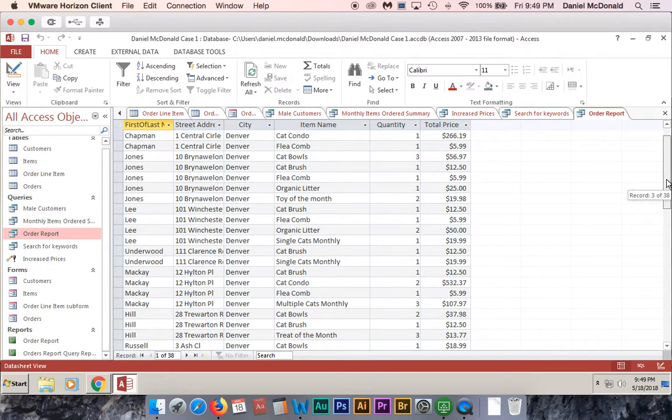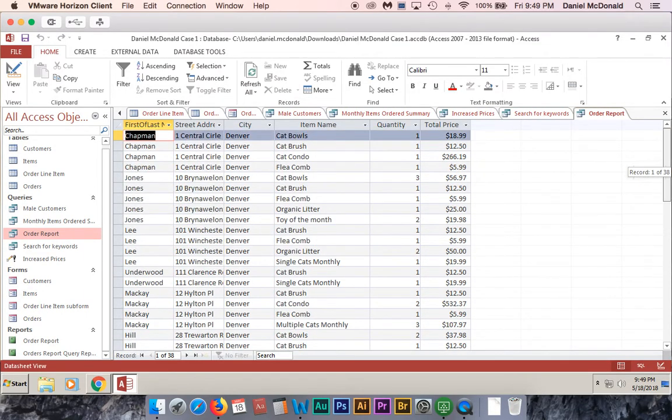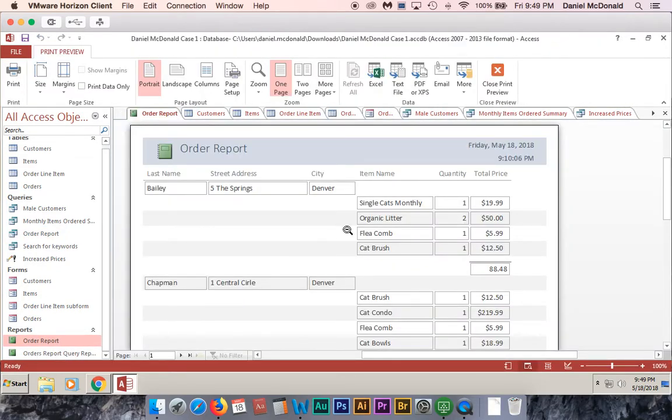And this is the table view of the order report. Of course, we're turning that into a report. I'll show the design view of the order report, and then the next thing is just to show the order report itself. Of course, that's what we started off on, but we'll go back and check that out as well one more time. Here we are in print view,